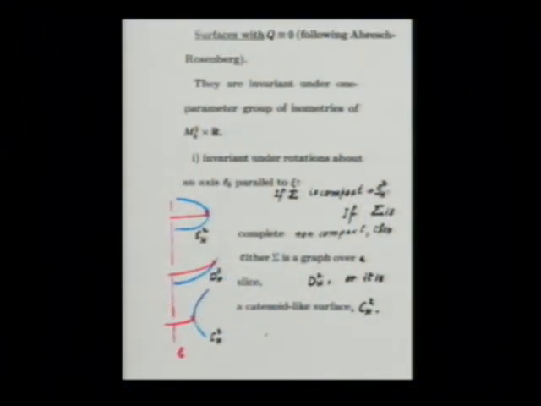The average Rosenberg surfaces are either this compact one, which is S^2 as is well known already in the literature, a convex embedded surface, denoted by SH with the 2 to say it is a sphere. Or it's a graph of a slice. A slice is just the cut of the ambient space by a fixed value of the axis. It is a graph, or it's a catenoid-like surface. These three are the ones which have a real axis, and there is the one which has a virtual axis, which is